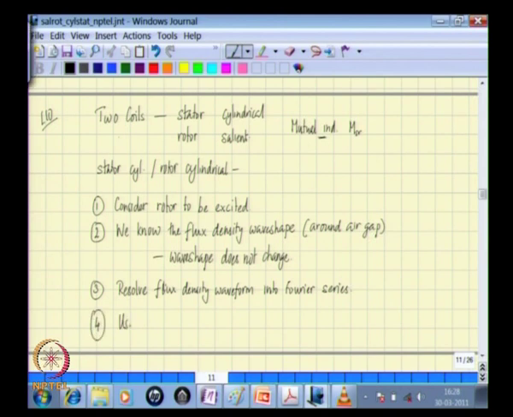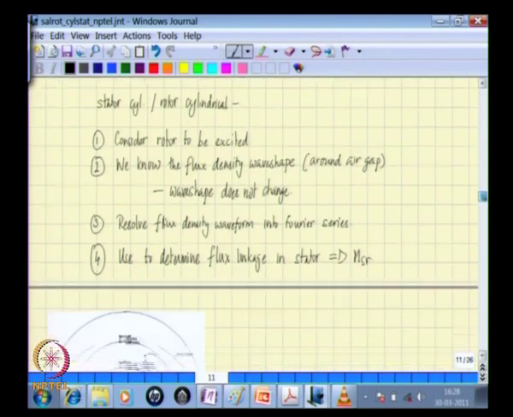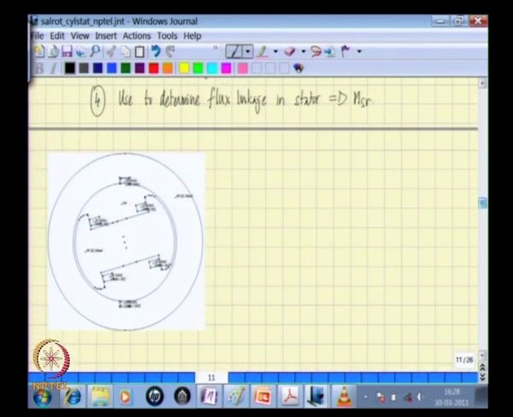Use it to determine the flux linkage in the stator, and hence the value of mutual inductance. This is the approach that we are going to take. Now therefore, the end on view of the machine, what we saw now looks like this. We are now going to determine the expansion for the flux density waveform. So let us redraw the flux density waveform